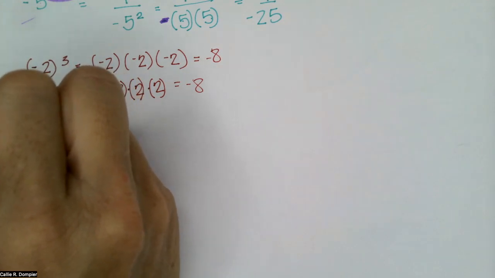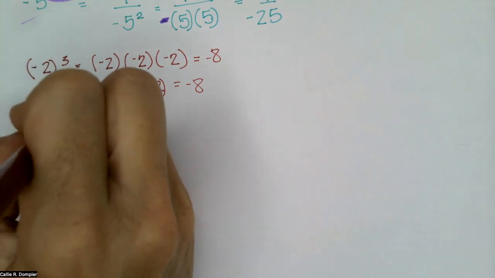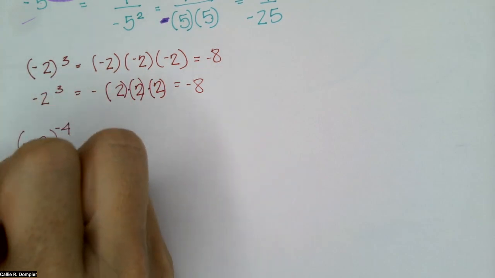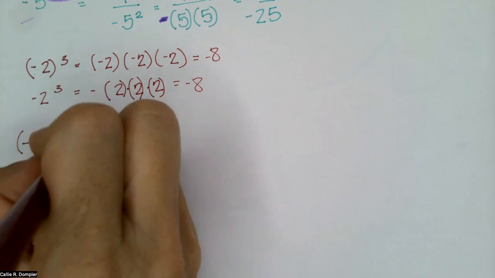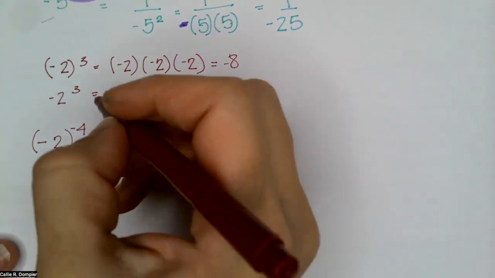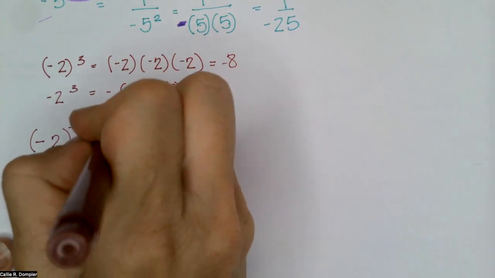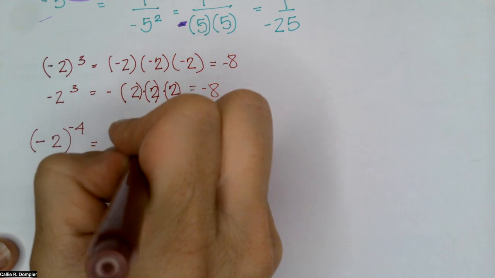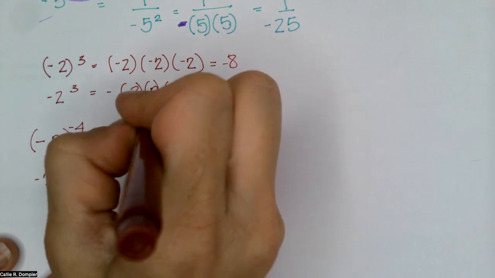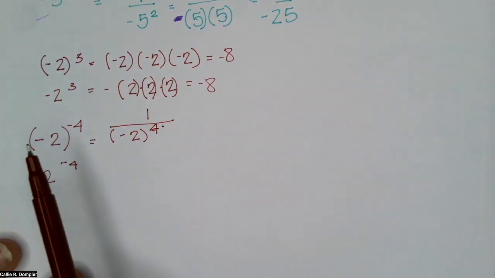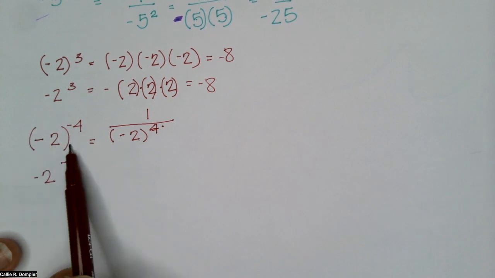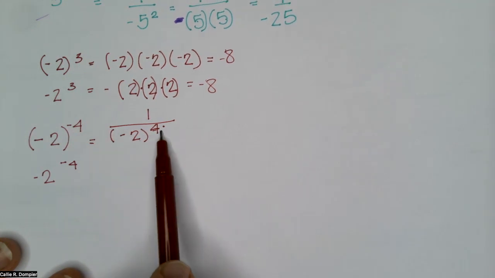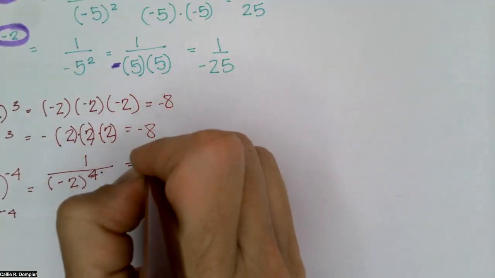Negative 2 to the power of negative 4. Good. The first thing we're going to do is change this negative to a positive by moving it down here. So negative 2 quantity to the power of negative 4 is 1 divided by negative 2 quantity to the positive 4, which is